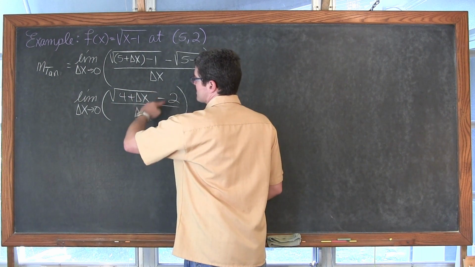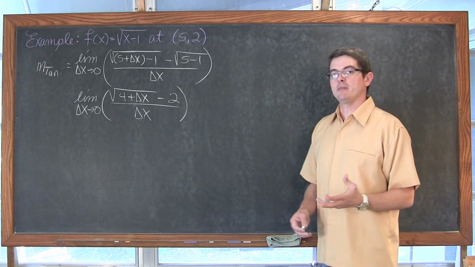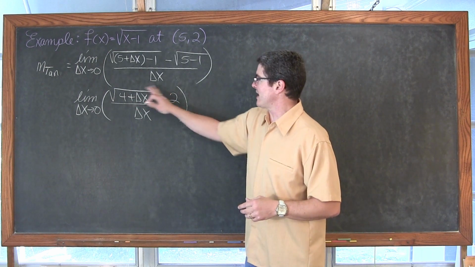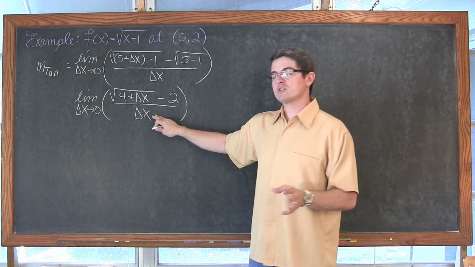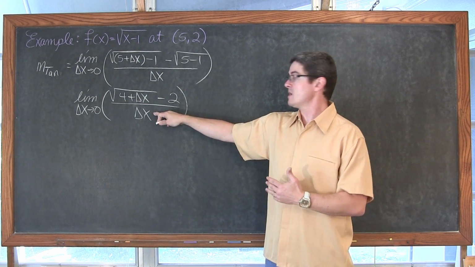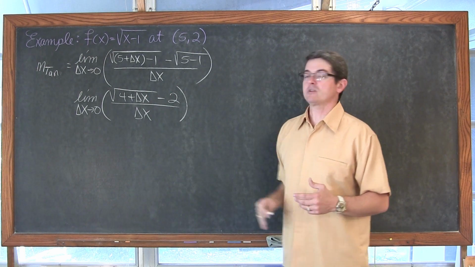Hopefully you remember this a little bit as you started finding your limits with properties of limits, and we can manipulate this, and if not, let's take a look at it. We can manipulate this expression so that we can actually take the value of 0 and plug it in, because right now, of course, we're going to be trying to divide by 0, and that makes this expression undefined.